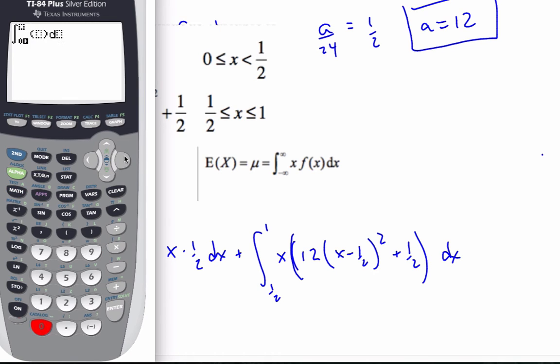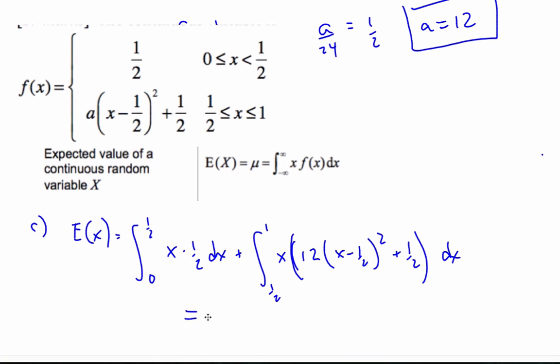I'm going to go from 0 to 0.5, x times 0.5 dx, plus, again, math number 9, from 0.5 to 1, x times, and I've already taken the liberty of putting this particular function into y1, and I'm going to do it to x. And when it's all said and done, I get